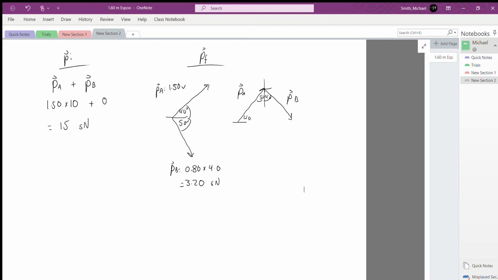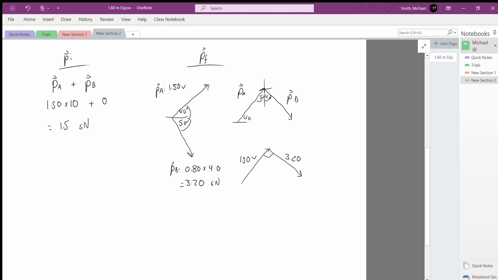I'll draw that again to make it a little bit easier to see. So we have 50 plus the 40, and that'll be a right angle there. So I'll put the values on this one. So we have 1.5 v, and we have